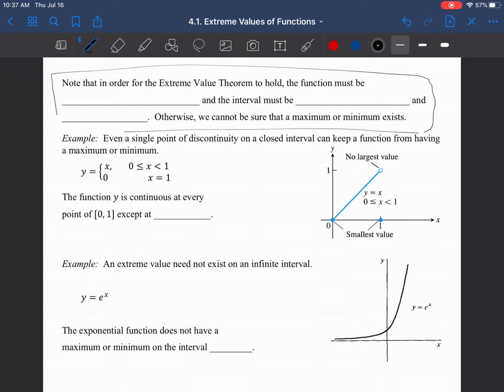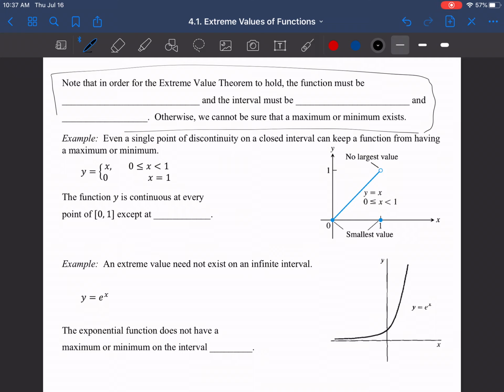So let's look at an example. Even a single point of discontinuity on a closed interval can keep a function from having a maximum or minimum. All right, so we can't have it be discontinuous at all. So let's look at this. Here we've got y equals x for x greater than or equal to 0 and less than 1,